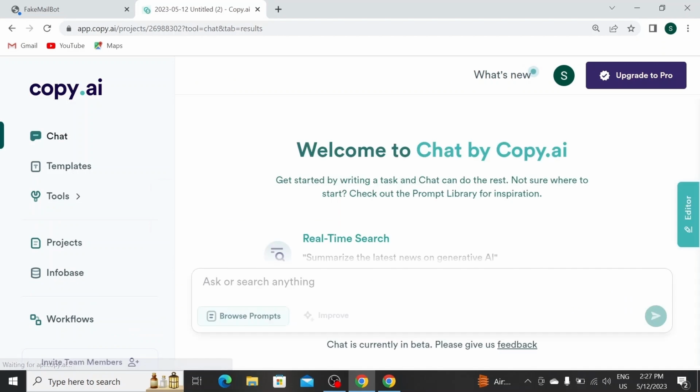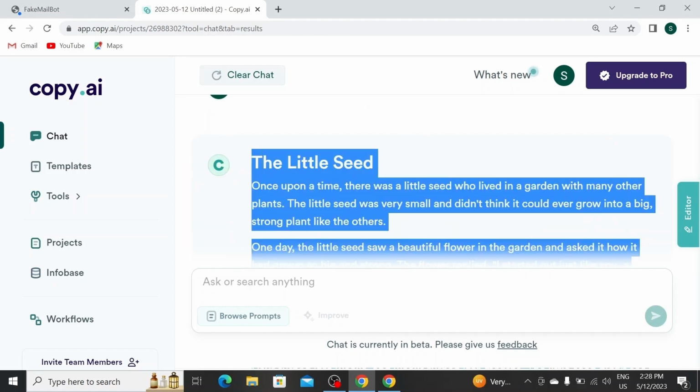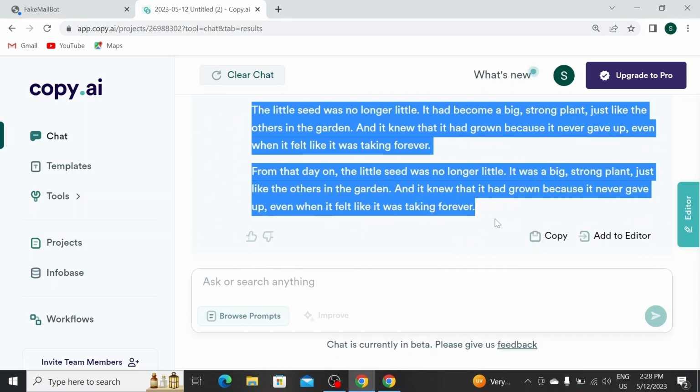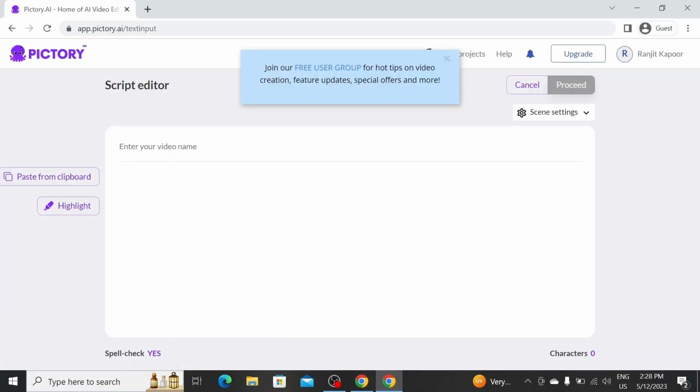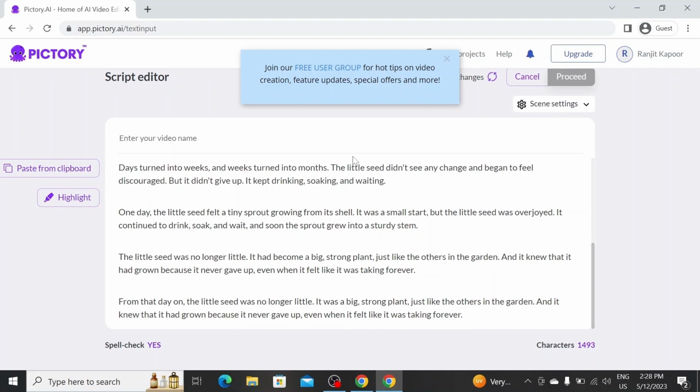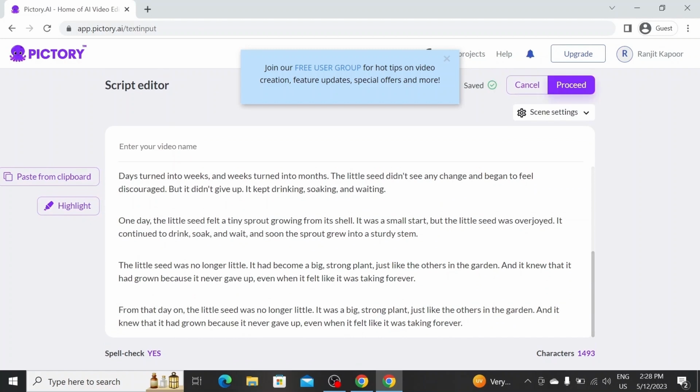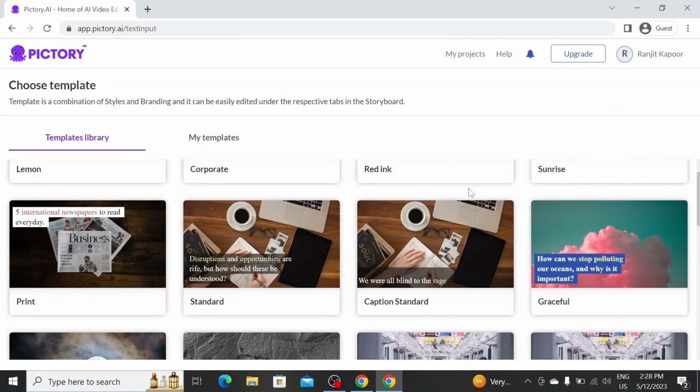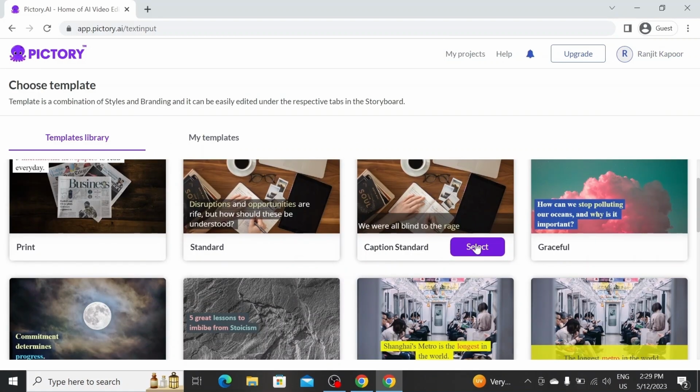And we need a script for making videos. We can take a script from copy.ai, search for short story scripts, copy the script and paste it in pictory.ai, and click on proceed. If we click on proceed, it takes some time,